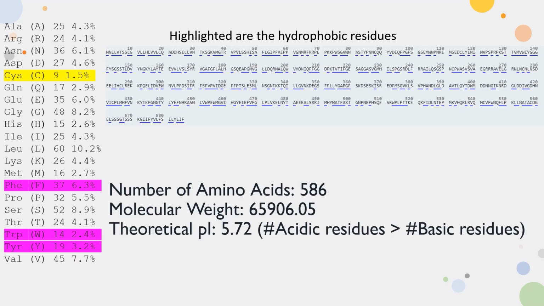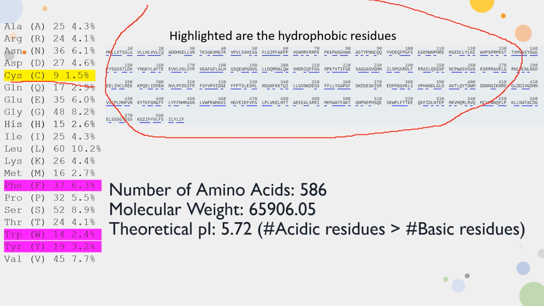Looking at the primary structure, acetylcholinesterase has 586 residues, with 62 of them being negatively charged and 50 of them being positively charged. We also have 66 aromatic residues from its composition, as highlighted in purple. In addition, it has several cysteine residues, which indicates the protein's ability for disulfide bonds. It has several hydrophobic residues underlined here, indicating the hydrophobic effect as a driver for the tertiary and quaternary structures of